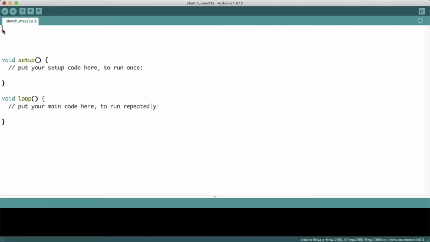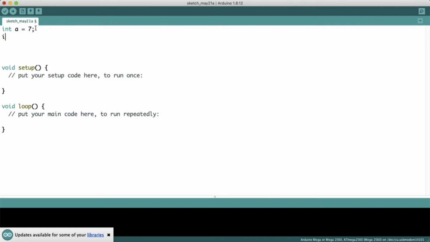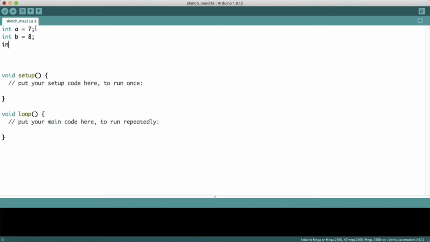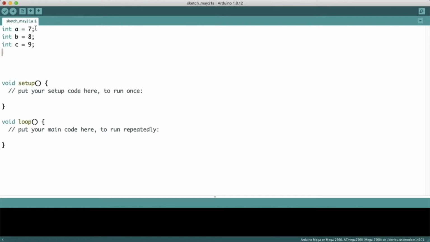We shall begin our code by defining all the segments for each terminal. So we will define A, B, C, D, E, G and F to respective terminals.